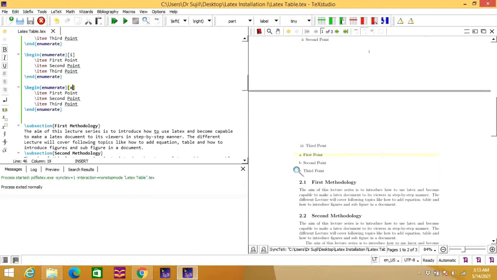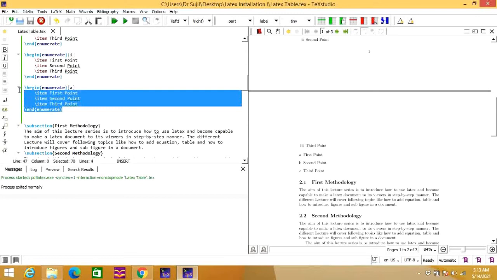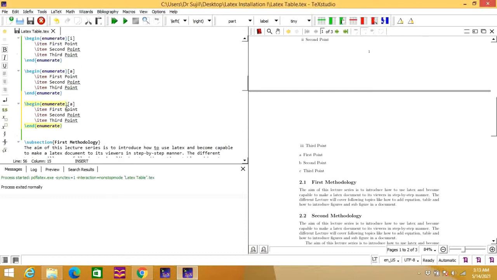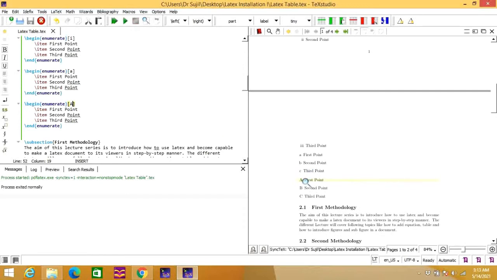It is going to come as a b c, and if you want to make it capital ABC, I am using the same thing, so I am copying all these things and pasting below and making it capital A. We can see this is coming like capital ABC.